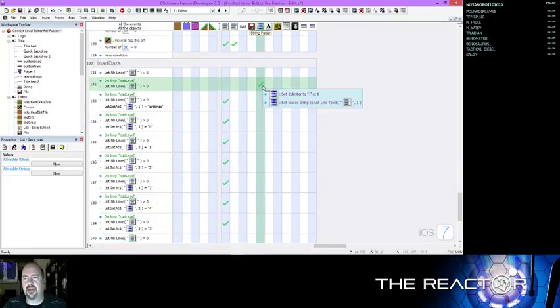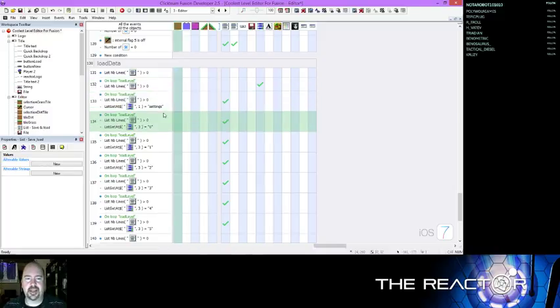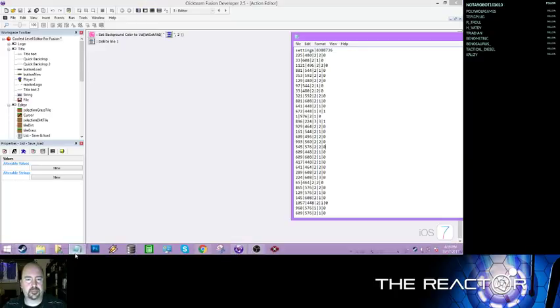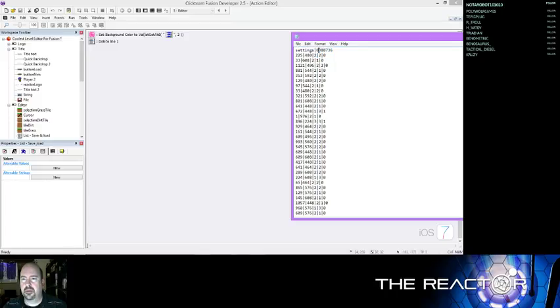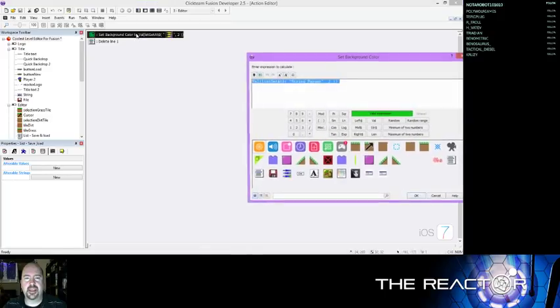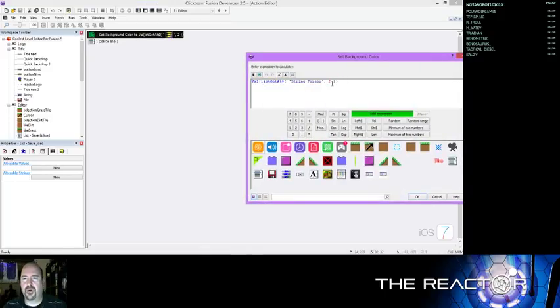We start by loading into the string parser, which the delimiter is. And the delimiter is basically a way to divide up the data in a string. And then we set the source string to the very first line. So the first line is always going to be that settings line. So if it is the settings line, I then pull the background color out of the second element in that delimited string. So if we remember, we only have one delimiter right here, which makes this element 1, and this makes it element 2. So in my expression editor, I just say, give me the string for element number 2